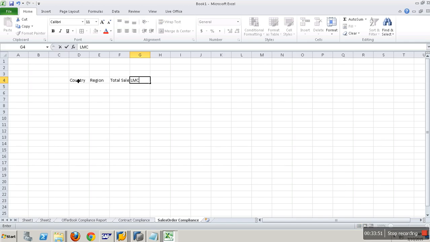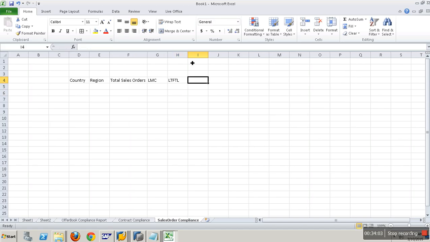How many are compliant with LMC? How many are non-compliant? I want LMC compliance, LMC non-compliance, LTFL compliance, LTFL non-compliance. How many are compliant with LTFL? And the percentage of LMC non-compliance and the percentage of LTFL non-compliance.